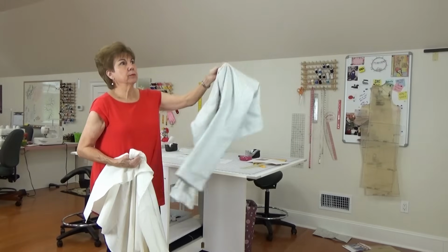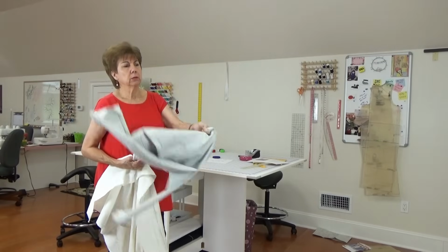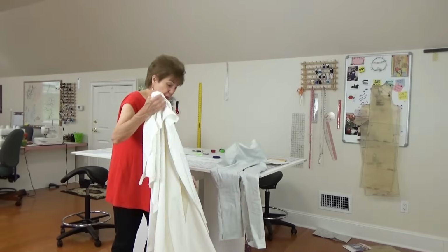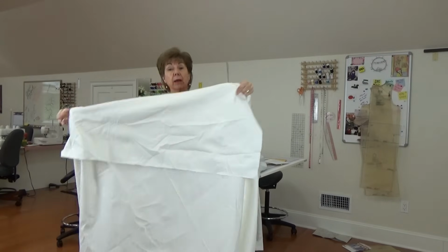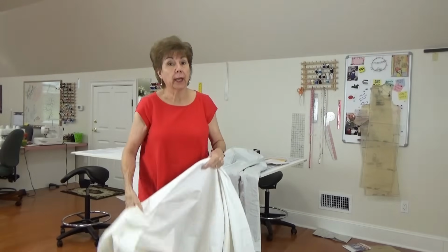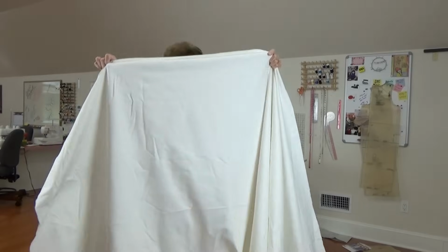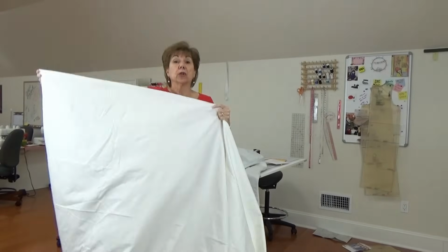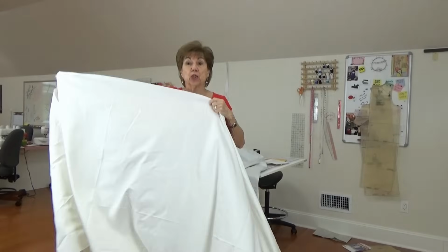This was called Silver Chalice or something. I told you in my last video. So since I found this, you know I'm wanting to make white jeans. This is a denim. Feels like denim. Could be a denim or a twill. It's the same thing. And I ordered 1, 2,